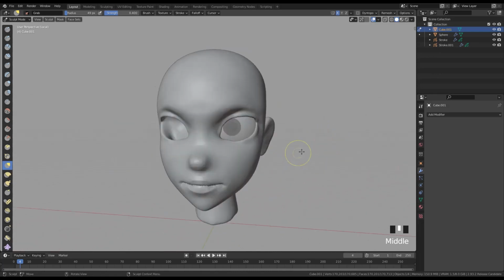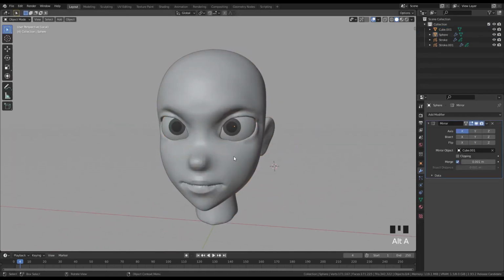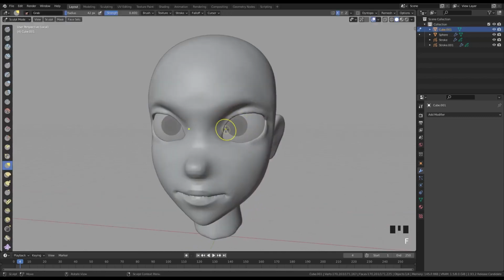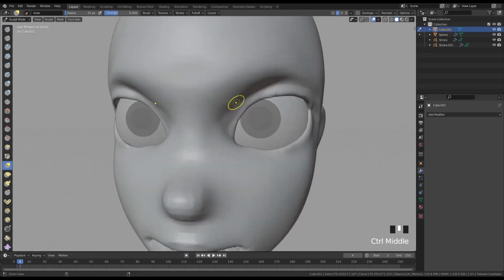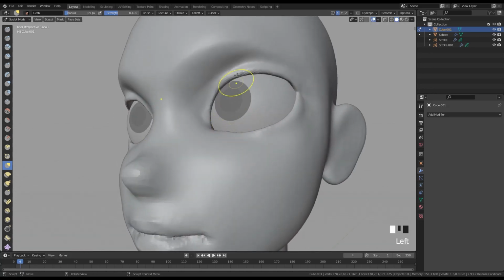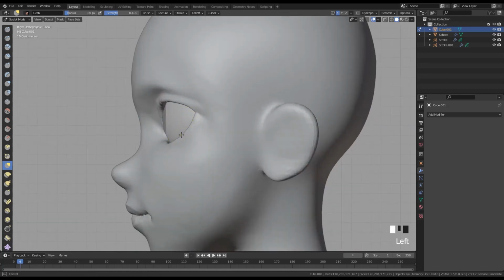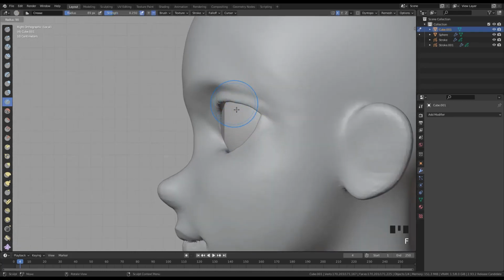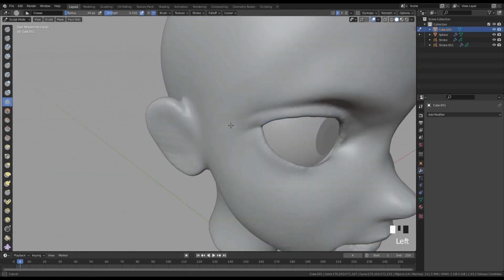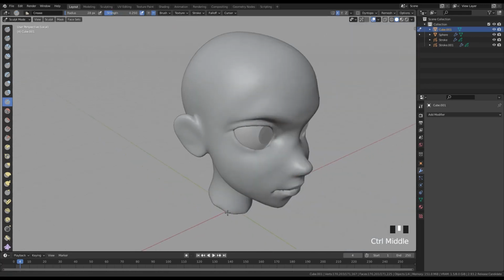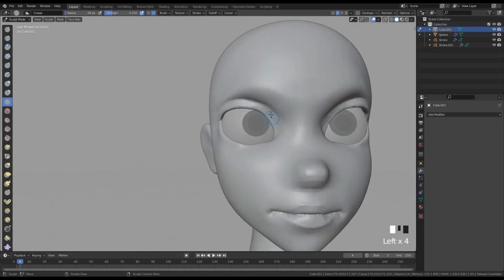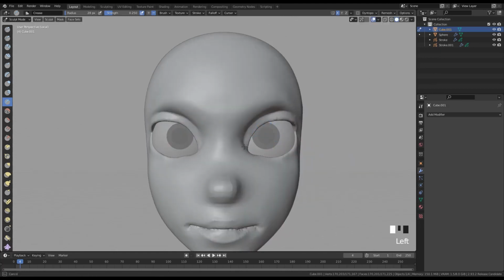Okay, so let's bring back the mirror modifier in the viewport so we have a better view on what we're doing. I want to remove the wobbling effect over there with the mesh because of the remesh operation. And I also want to try to crease even more, maybe with a more subtle brush, which is the crease brush in this context. I want to again separate the eyelids even better,